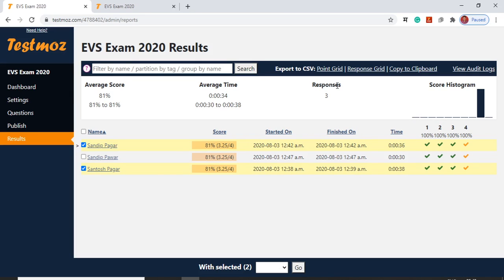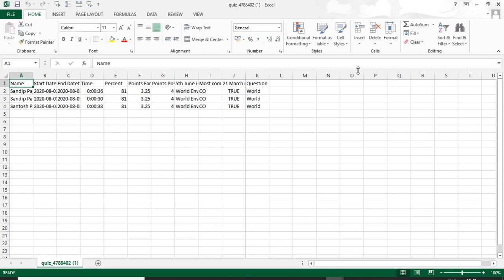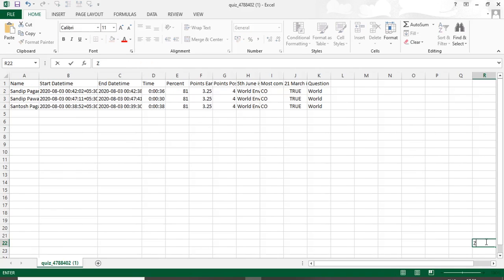We can export this data as a response grid or point grid. We will export this data as a response grid. So here you can see our data. This is the response sheet of our test.